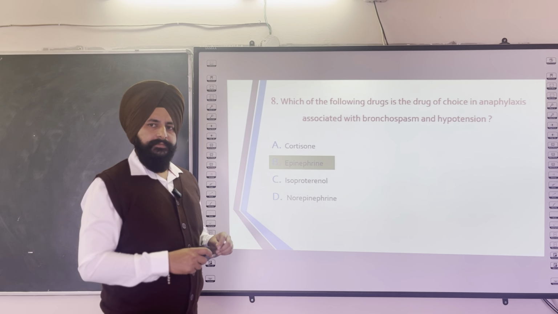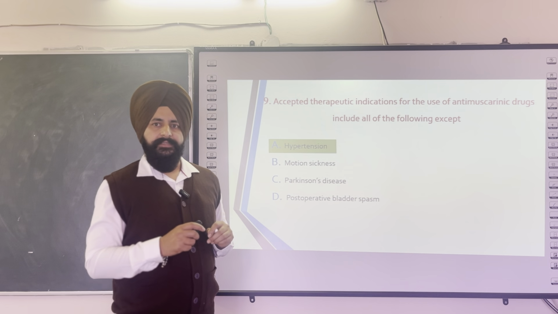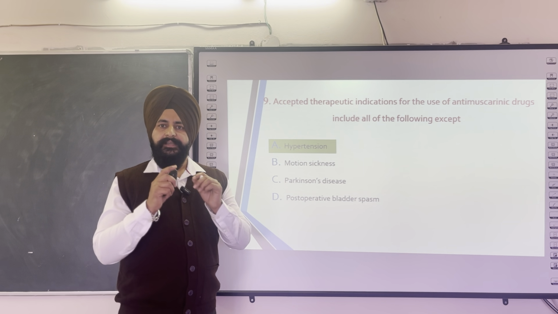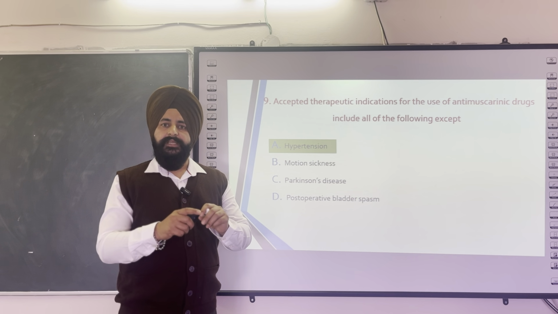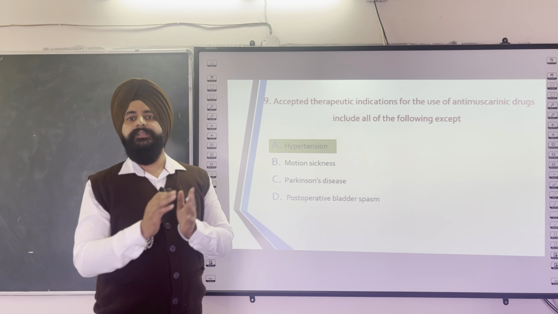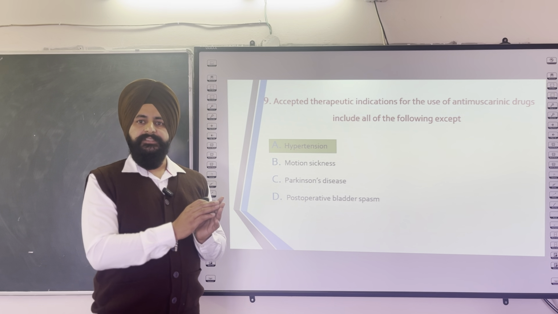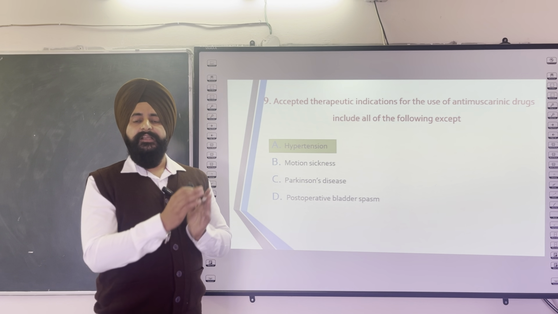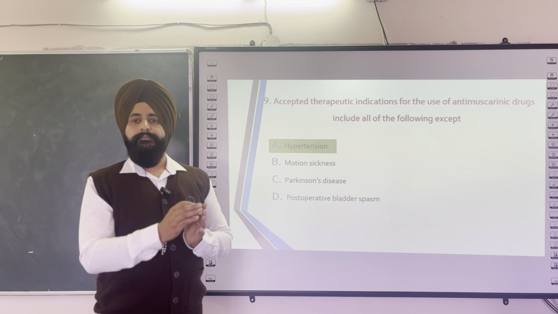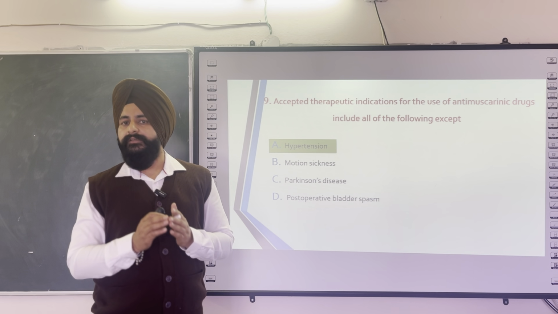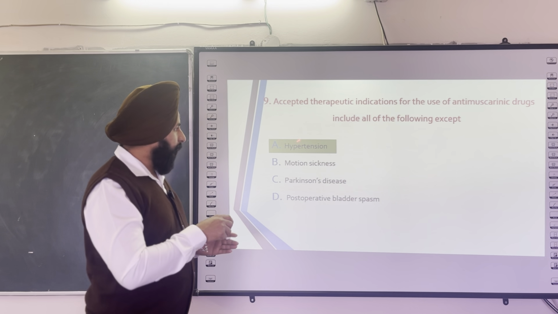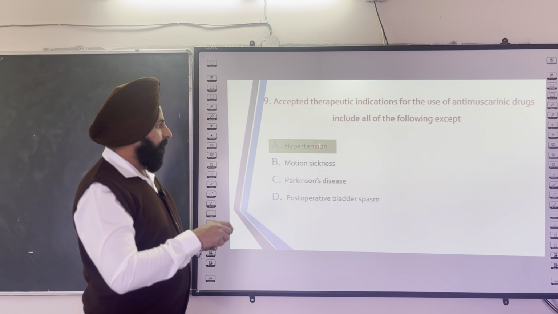So, antimuscarinic drugs are not used in case of hypertension. The reason is antimuscarinic drugs sometimes cause an increase in the heart rate and they also interfere with the QT interval. So some of the agents which are antimuscarinic can prolong the QT interval or can be responsible for increasing heart rate by interfering with the total peripheral resistance. So this is the correct answer, that antimuscarinic agents are not used for this particular condition.